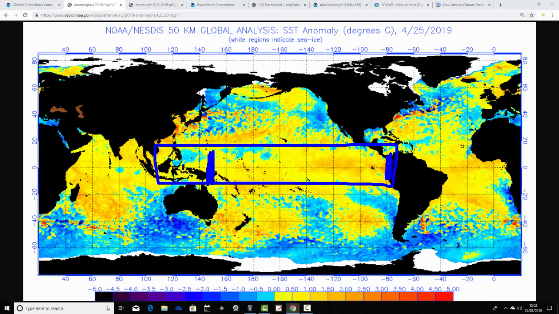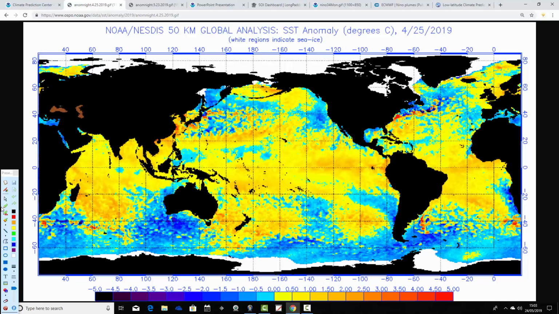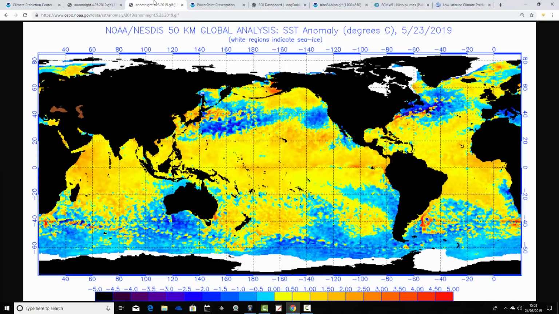You can see that we did still have a weak signature for El Nino. It was already a weak El Nino, but we still had just about a weak signal of El Nino, especially over towards the Peruvian side. So that's how things looked in the equatorial Pacific Ocean last month. This is how things are looking now. So very little change really over the last month.